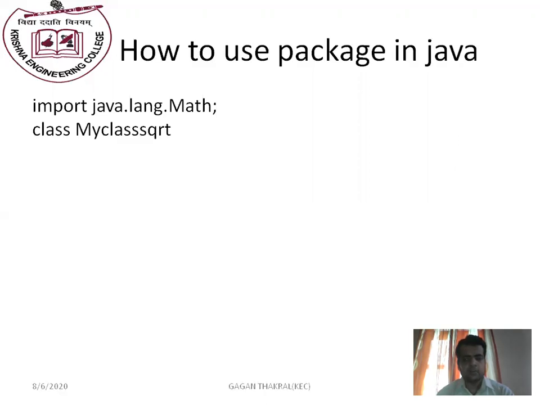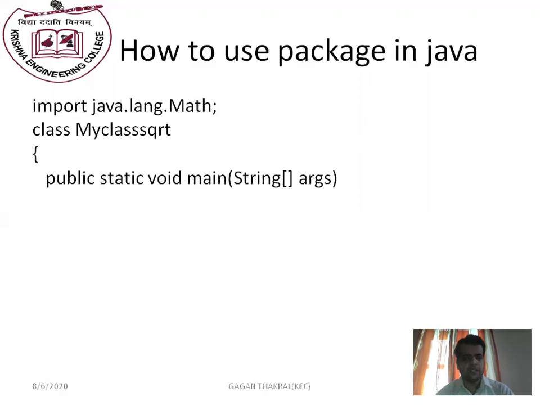Then first of all we need to create a class. I earlier mentioned that it is not possible to create a single program or print a single statement without creating a class in Java. So first of all we create a class. The class keyword is used to create a class, then the class name, myclass sqrt, and the definition of the class starts with curly braces. Then we write public static void main, and the definition of the main function also starts with curly braces. Then we define a variable and initialize it as 25, an integer variable, and then we write math.sqrt.